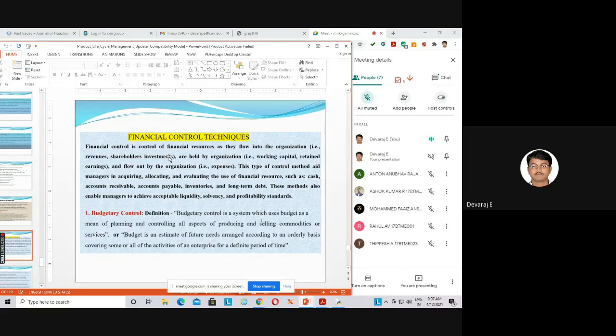So these things will be known by the financial manager. The manager's job is to look after how much the company should pay to others, how much others should pay to the company, and how much cash the company has. Then inventories, about the machines, about the long-term debts. All these things you should know. And if the company is not getting profit for 5 or 6 months, whether the company can sustain, as a financial engineer,